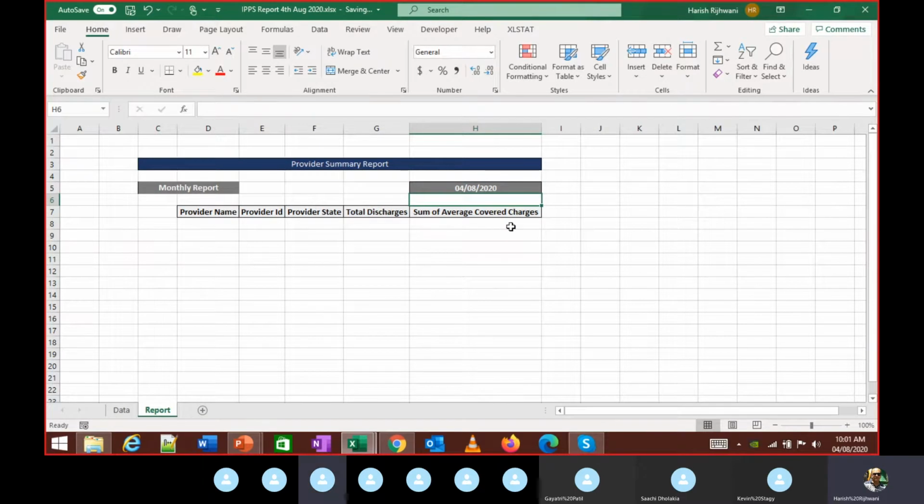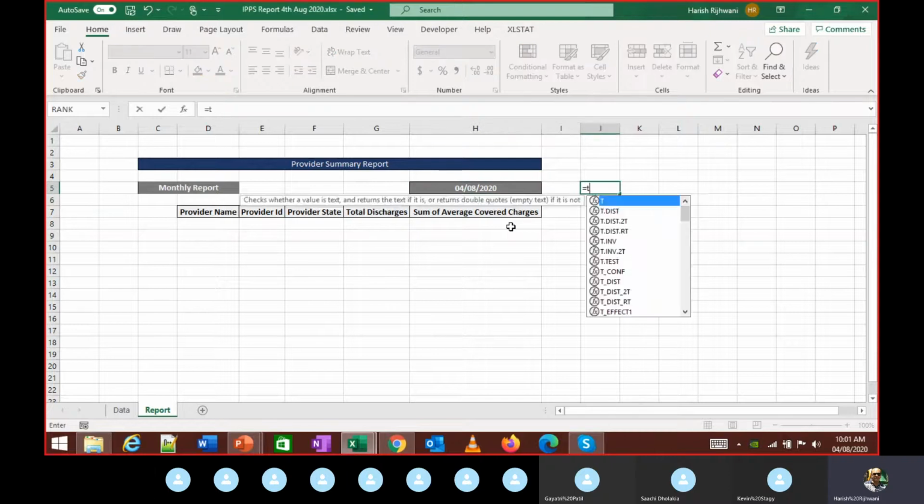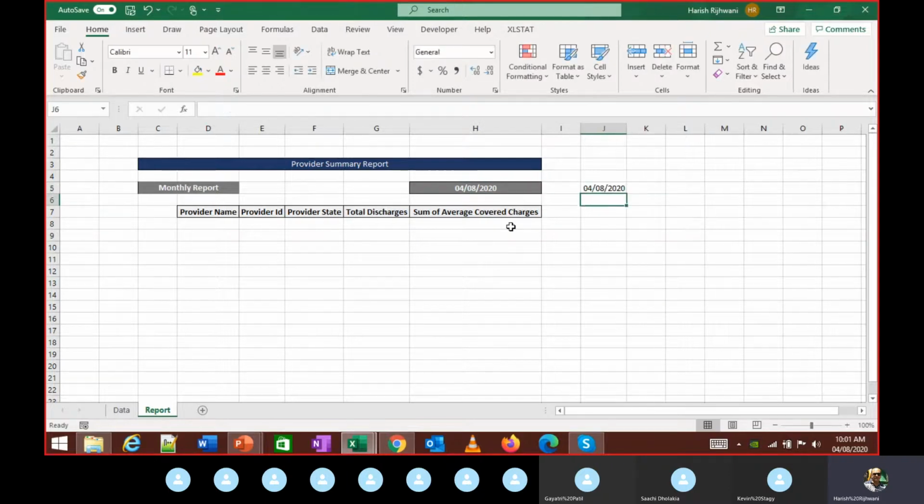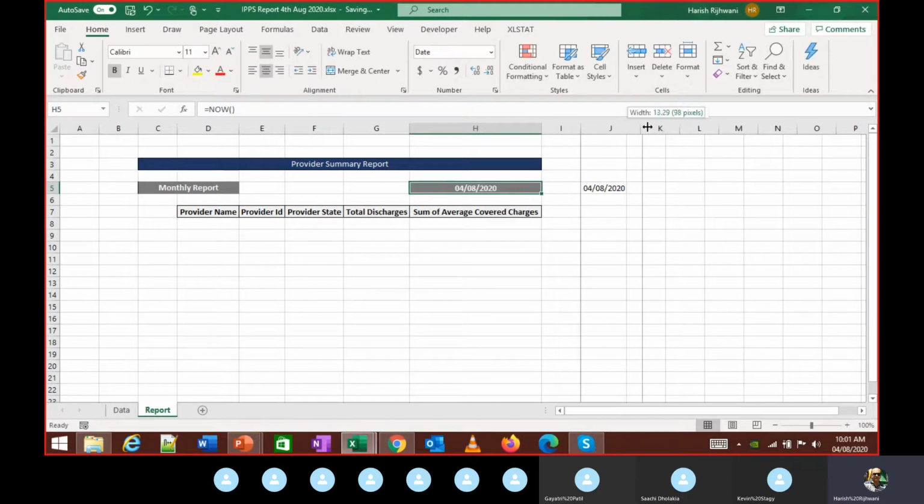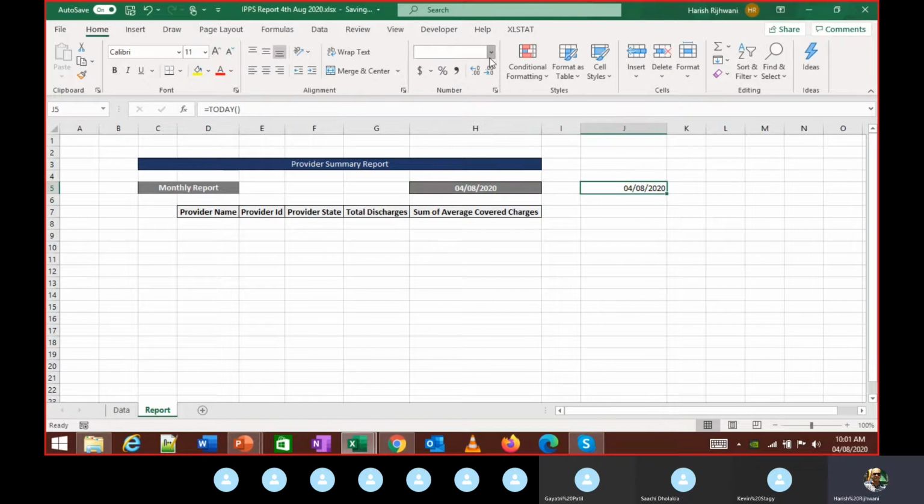Sir, why can't you use the TODAY function? You can. I was going to come to that. There are two ways. One is NOW, and you can use TODAY also. One of them gives me date and time also. Let's see, where is that? So here it gives me date and time also. One of them gives me that. One minute, let me just check that. You notice this has the time also. This doesn't have the time.